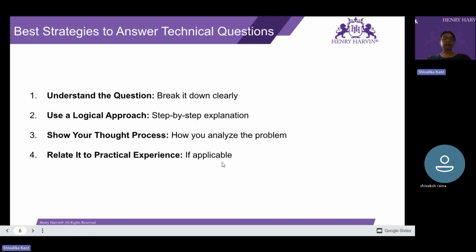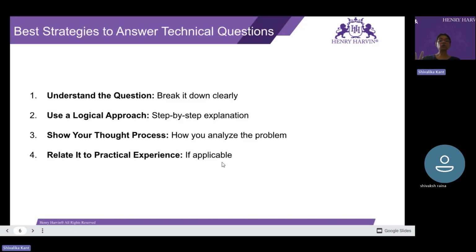Then admit if you don't know, but show willingness. It is very important. There can be some points or some concepts that you are not aware of. It's okay to not know everything. So here, what will you do? How will we speak? For example, say, I haven't worked extensively on XYZ concept, but I have experience with Y concept, and I'm confident I would pick it up quickly.